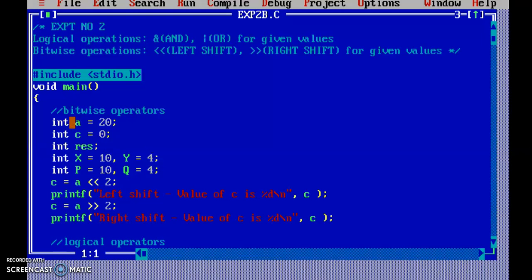First step is start. Second step is declare the variables. Here is the list of the variables which are used in the program, declared at the start of the program. Int a is equal to 20. We initialize the variable a, that is the value of a is 20. c is equal to 0, result, variable x is equal to 10, y is equal to 4, p is equal to 10 and q is equal to 4. For the bitwise operators, c is equal to a